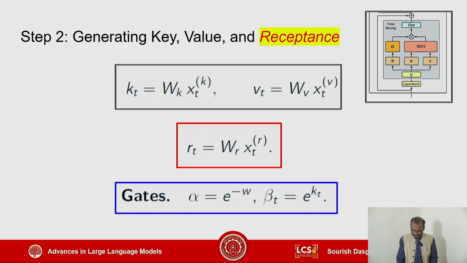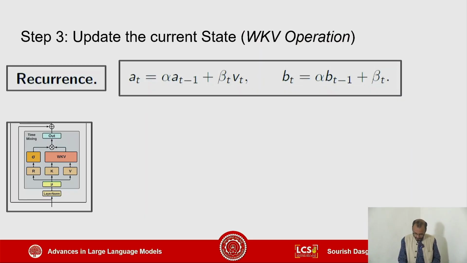And why that is a forget gate is because it is basically an exponentiation decay, e to the minus w, which means it's an exponential decay of a learnable w. So w is learnable, not a constant. And you apply that alpha over all the prior steps, right? And how that is applied is this way. So basically, you apply alpha to the prior state. Let's call the prior state at minus 1.